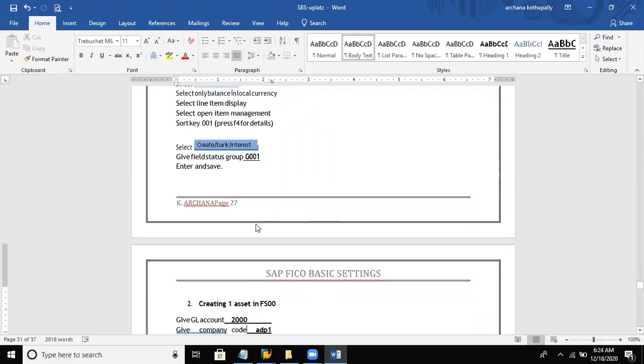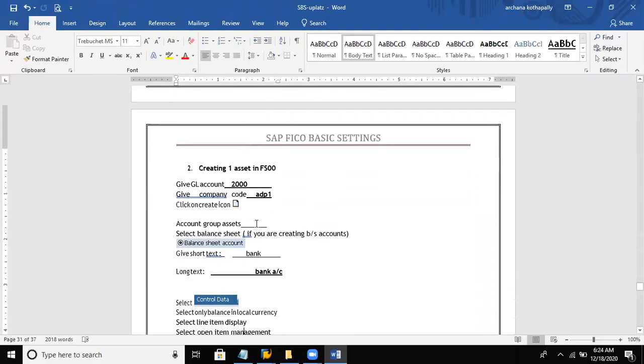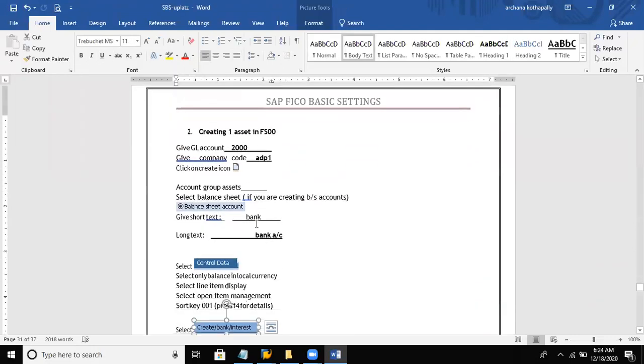Now we have created one account in the account group. From liability we have created one account. Now let us create one account from assets. So let us configure the asset number range. We have given the asset number range as 2000000, right? So what sort of asset will we be creating? We will create an asset called a bank account, right? Bank account is also an asset.